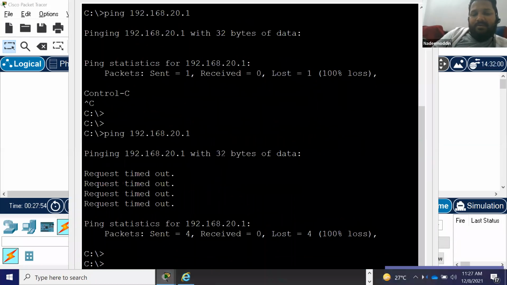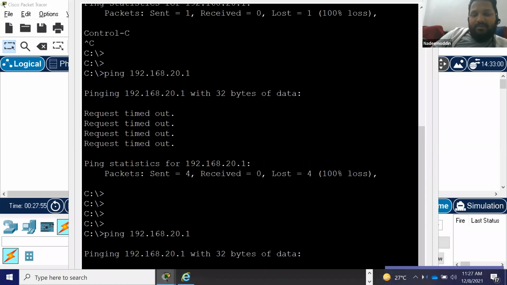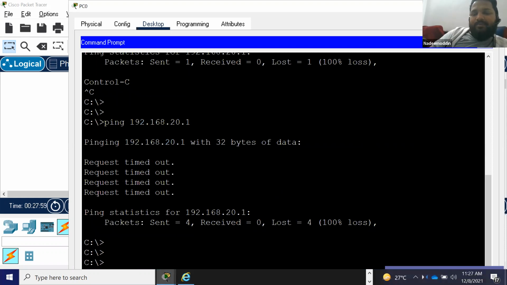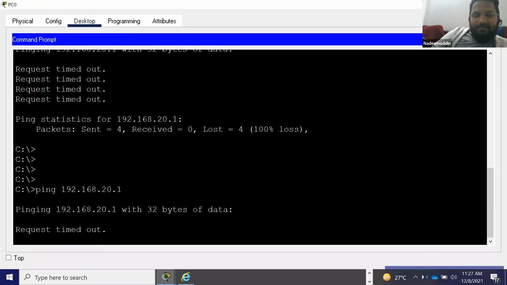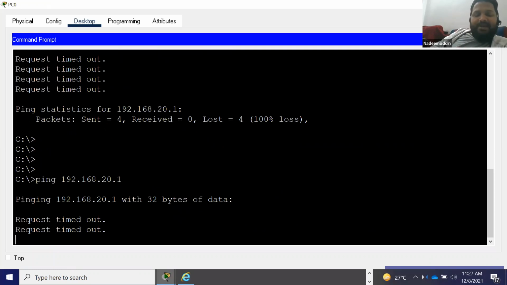Now go back and ping. The first packet will drop the first time because ARP will get generated, since it is going to the gateway, the router, for the first time.